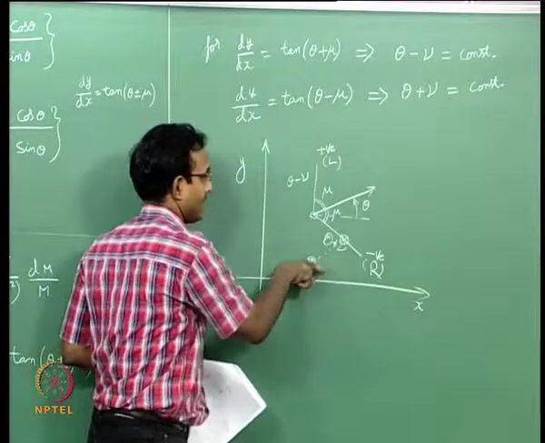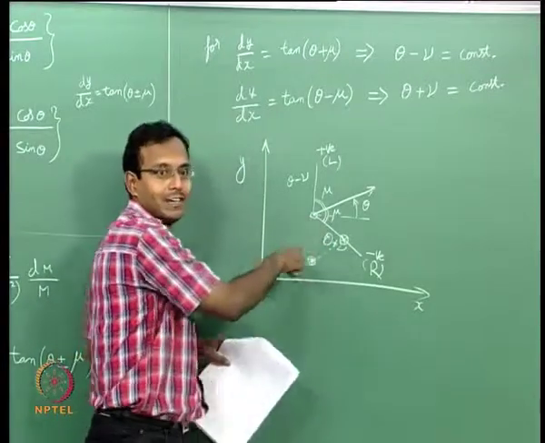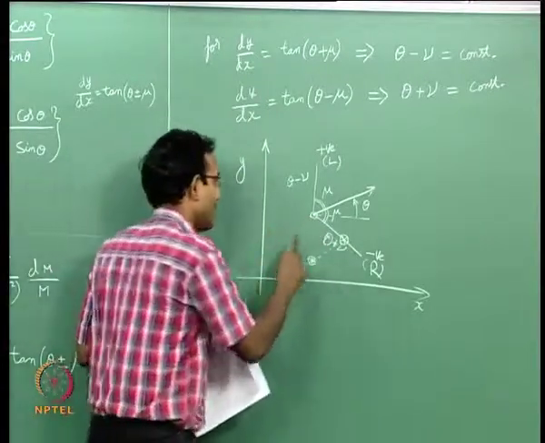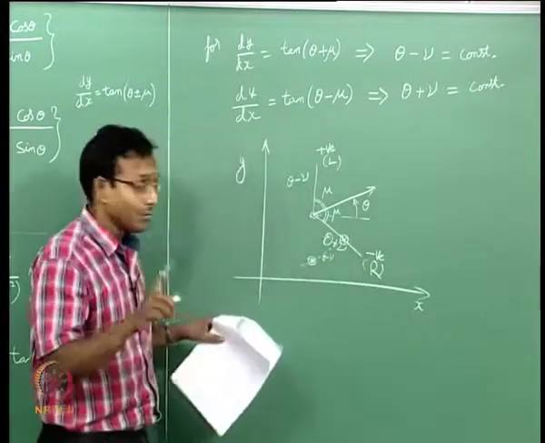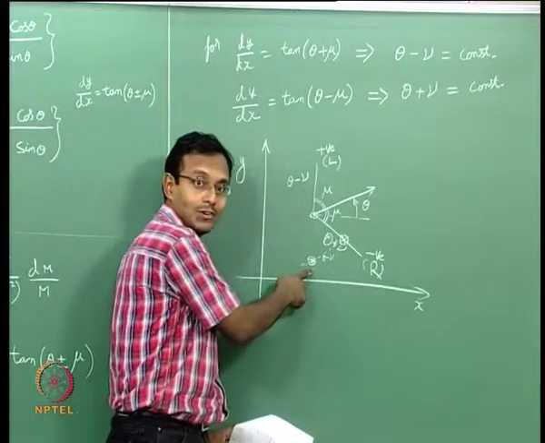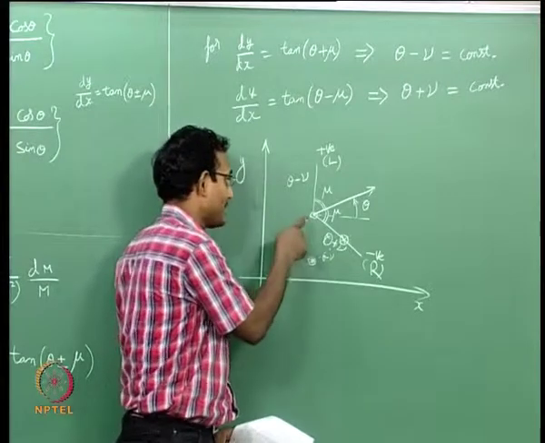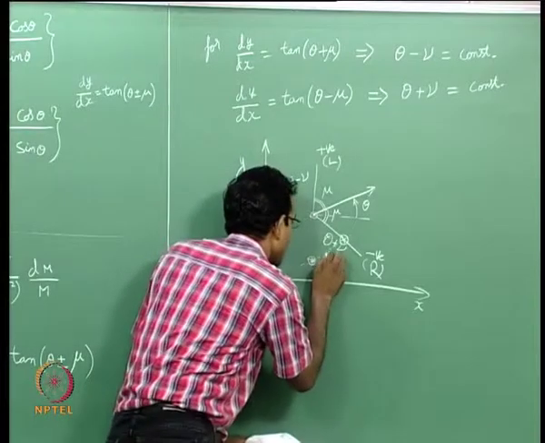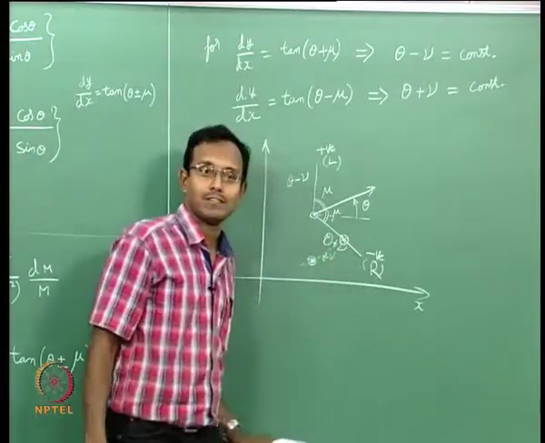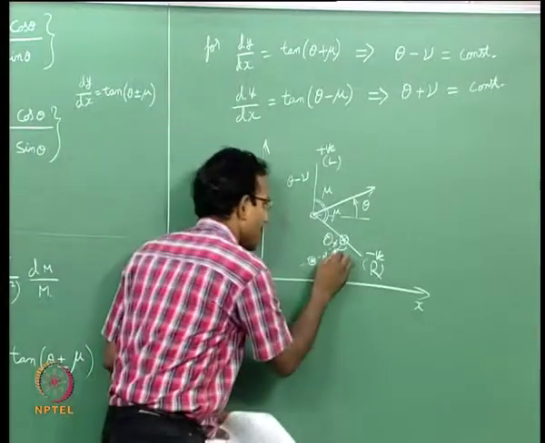Typically if the velocity vector is like this and this characteristic is coming from this side, it is a left running characteristic. Left running characteristic will have theta minus nu as a constant. But remember, this theta and nu or this theta and Mach number need not be same as this theta and Mach number. Okay. So I will put a theta prime and nu prime there. So theta prime and nu prime,